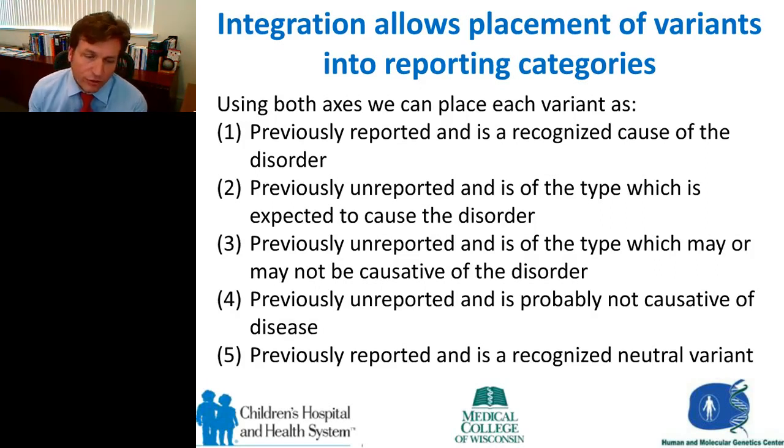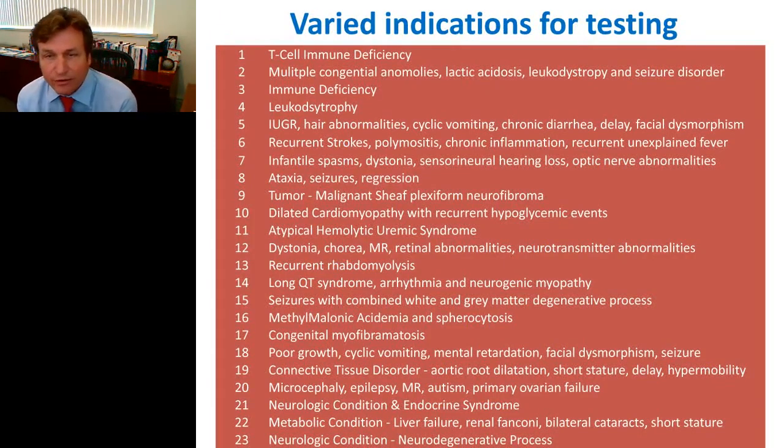And I'm going to offer to you that our biggest challenge right now is we have many different variants of uncertain significance, and so do others that are out there, and I'll talk a little bit more about that as we go forward. Now, since then, we've put together a whole clinical series of tests. Here's a bunch of the different phenotypes we've used.